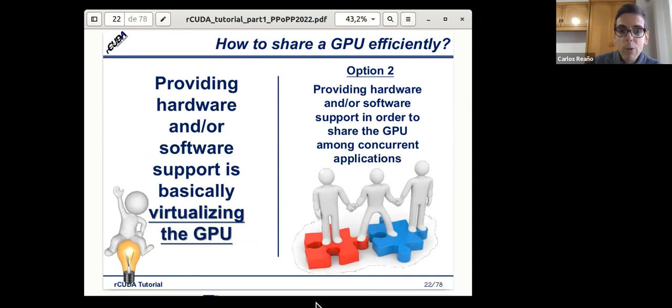This is exactly what we are trying to explain in this workshop. So it's providing something to virtualize the GPU. Okay, some support in order to offer these GPUs shared to all the applications, and properly managing the GPU sharing.